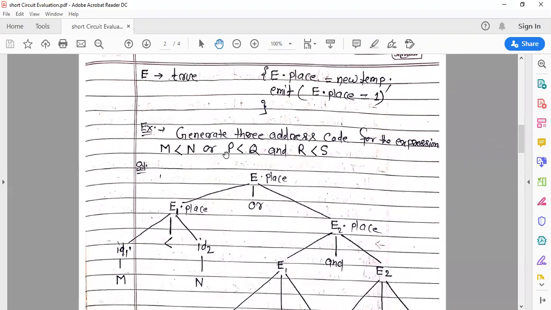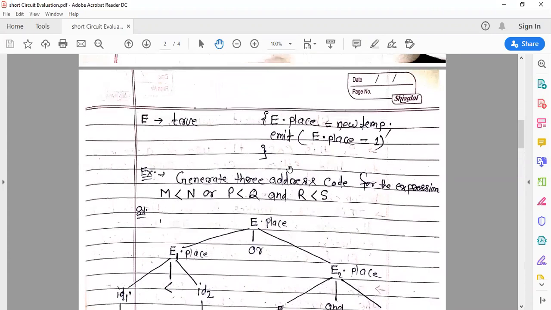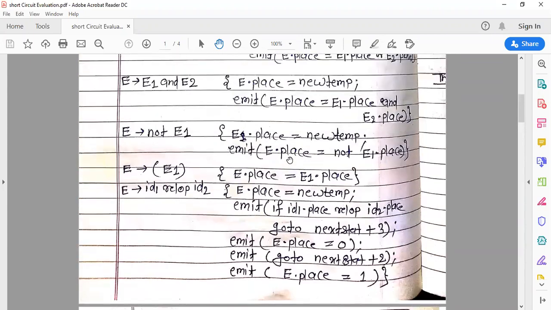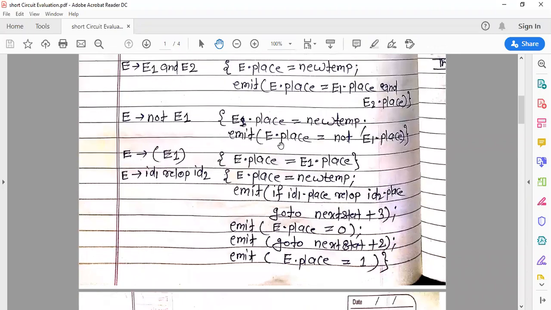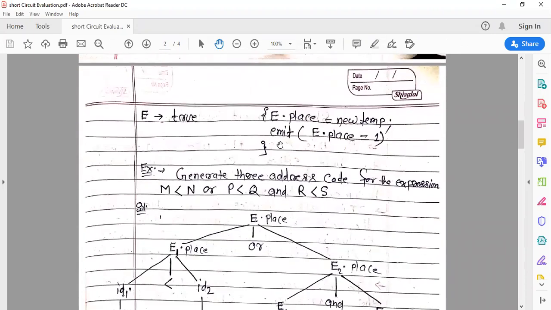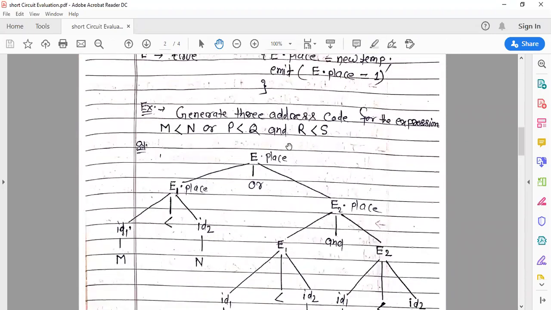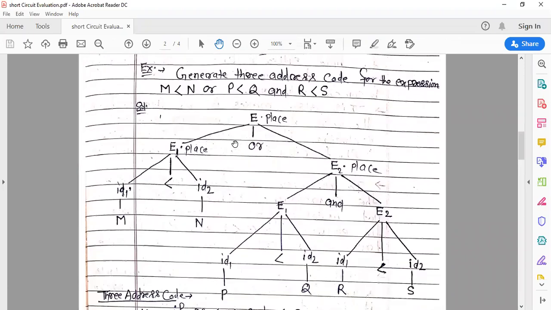For evaluating this Boolean expression we have the earlier method, this SDT, and with the help of this SDT we have to evaluate this Boolean expression.